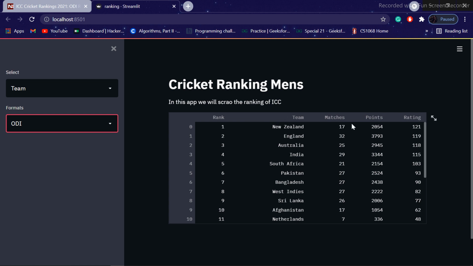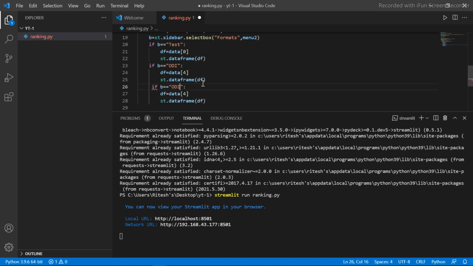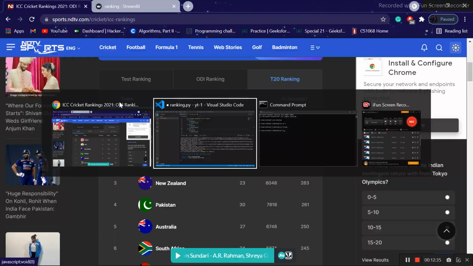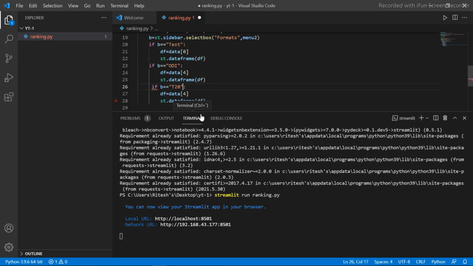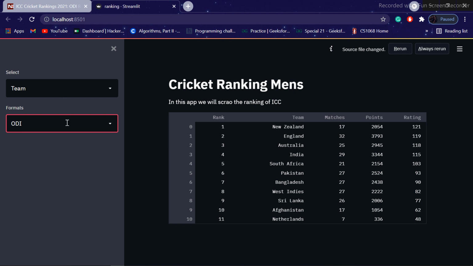Like New Zealand is on top, England is second. Okay. Similarly, we can make it for T20 if B is equal to T20. So we have the fourth element here, fifth, sixth, seventh, and eighth. So here I will put 8. Cool. Now we have data for all the formats,